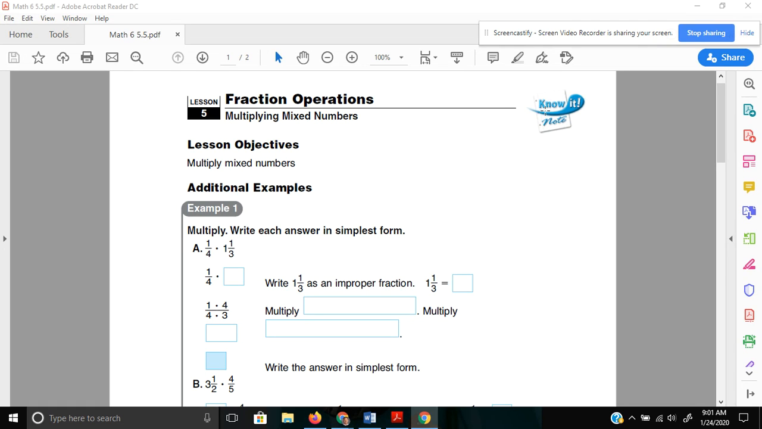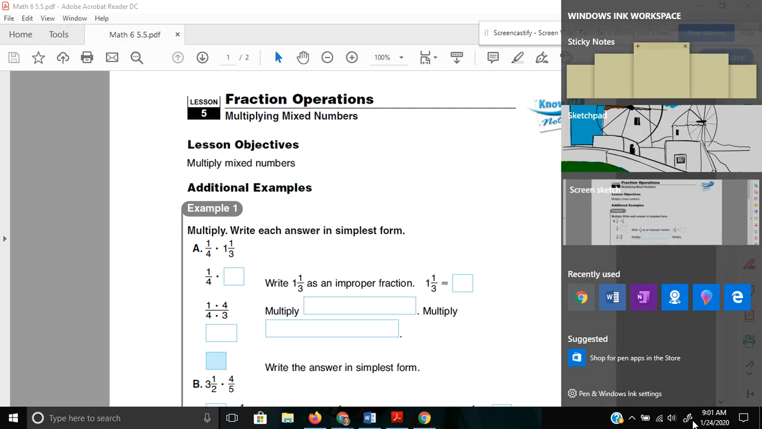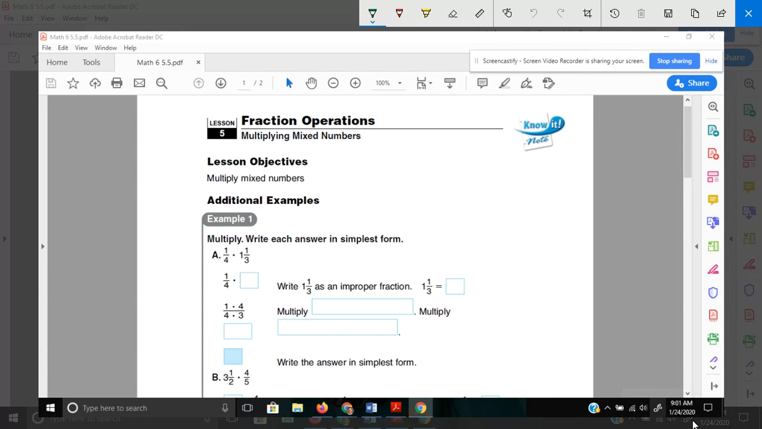Hello, sixth graders, and today we're moving on to 5.5, where we'll be talking about multiplying mixed numbers, right? Bunch of examples to show you today, and I want you to add a little bit of a reminder to start with, because the biggest thing that we're going to do today when we multiply mixed numbers is we're going